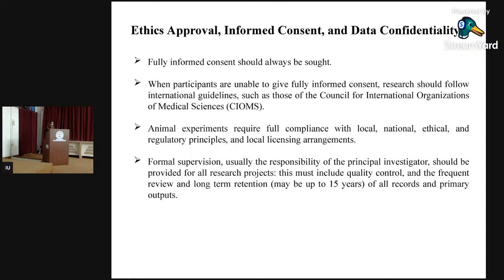This must include quality control. So where are we controlling quality? From the beginning. When we designed, we made sure that we are taking enough subjects. We are taking samples which are statistically significant. So we did not take a shortcut. We did not use 10 samples. We used 50, right? Because that was statistically significant. And then we go for frequent reviews. So how do we go for frequent reviews? Every week or